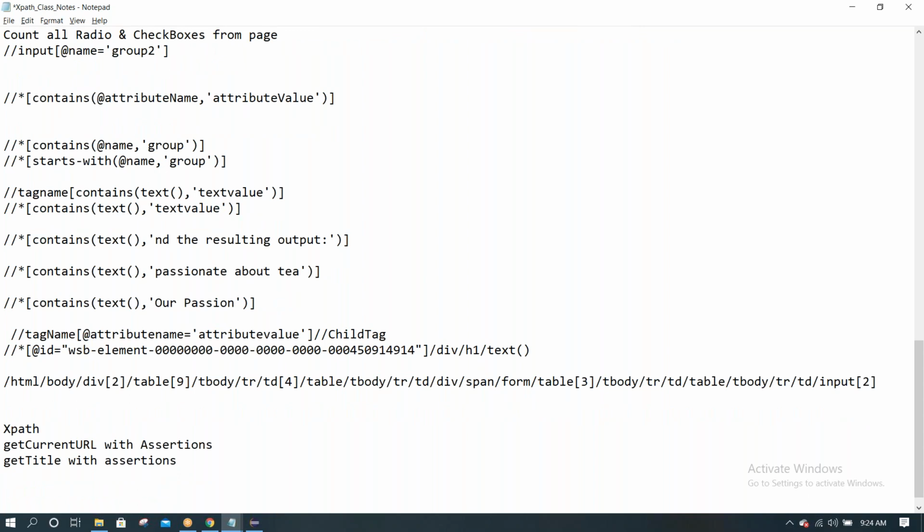And element level. This is page level validation, URL and the title. Element level: is displayed, get text.